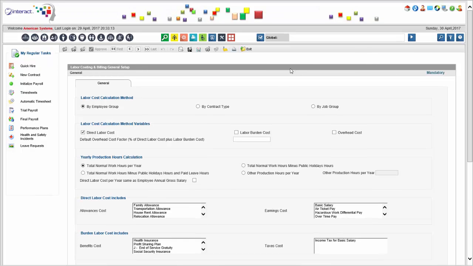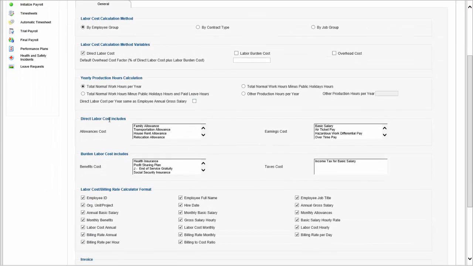The labor costing and billing module in Interact HRMS is a very sophisticated module that allows you to calculate the labor cost of your employees and to distinguish between direct labor cost, the labor burden cost, and the overhead cost. And then it enables you to define what exactly you want to include in the direct labor cost versus the labor burden cost and overhead, and what you consider as yearly production hours, so that you can divide your cost by the production hours of the employee and come out with an